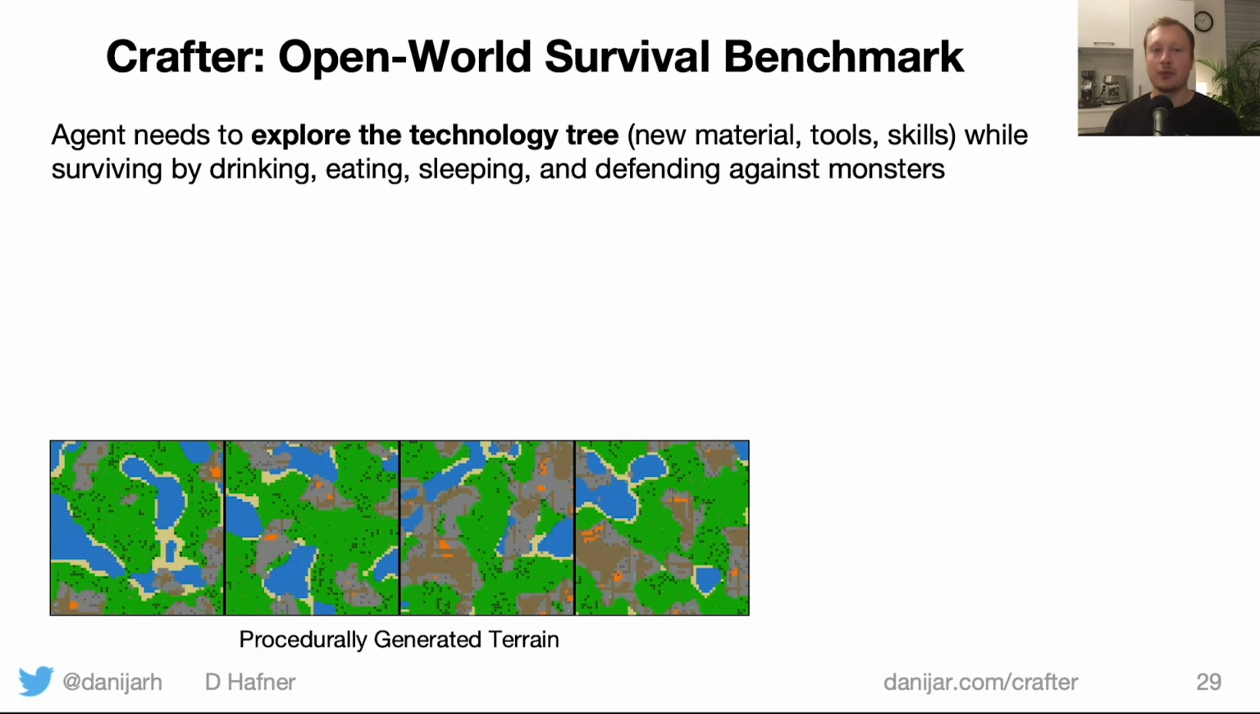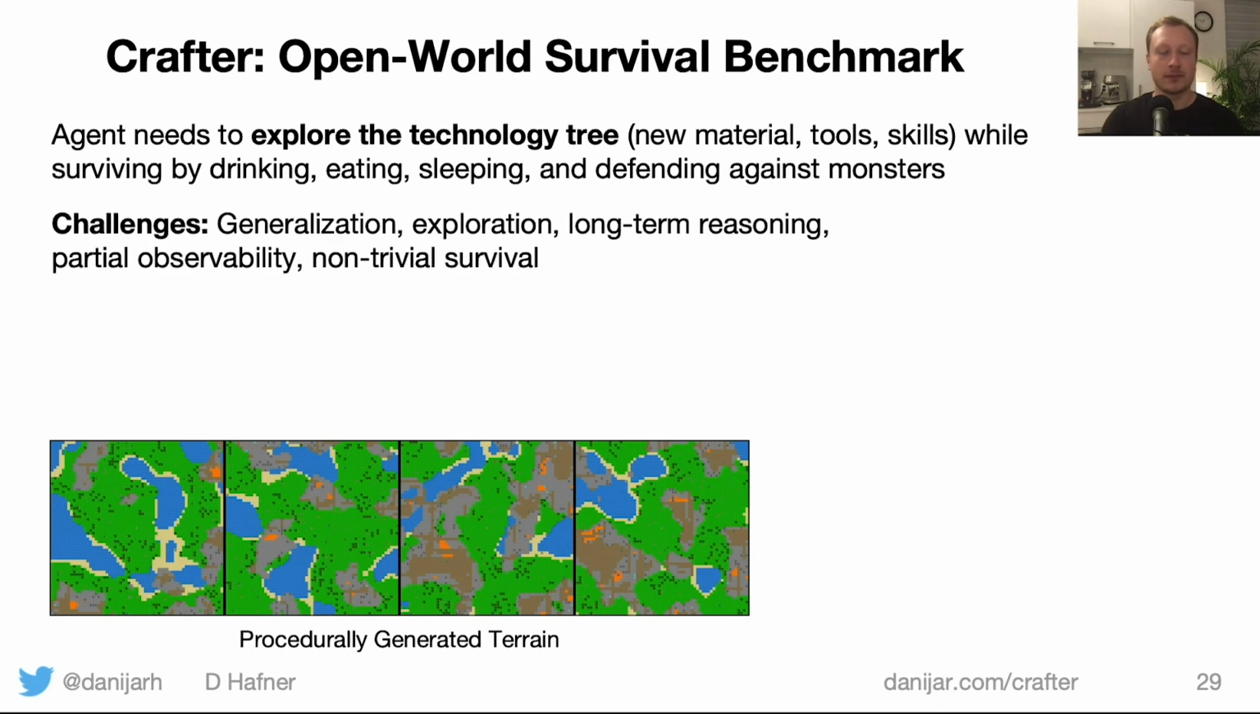And finally, I would like to introduce you to the Crafter environment, a 2D procedurally generated world where the agent needs to explore a technology tree of different materials, tools, and skills, all while surviving by securing enough water and food and sleeping and defending against monsters. Previous reinforcement learning environments often only focus on individual challenges, but are too simplistic in other ways. To really test for general capabilities of agents,